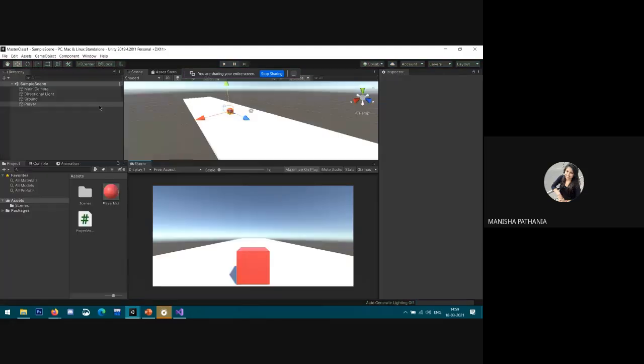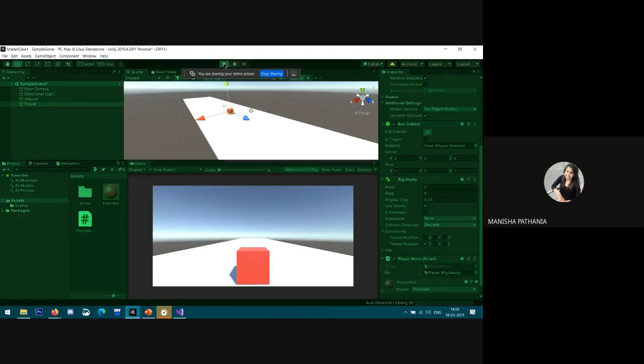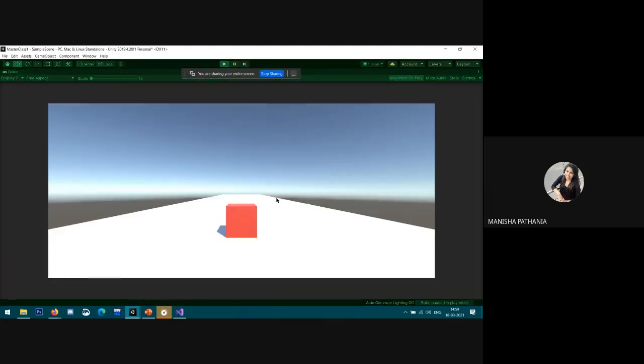How? Go to the player, find Constraints. Here is Freeze Position and Freeze Rotation. So for example, when I tick freeze rotation in the x-axis and play this now, it's going to look cool.